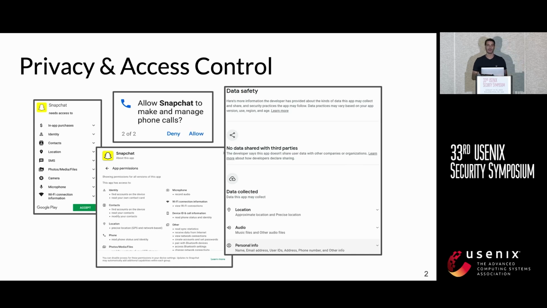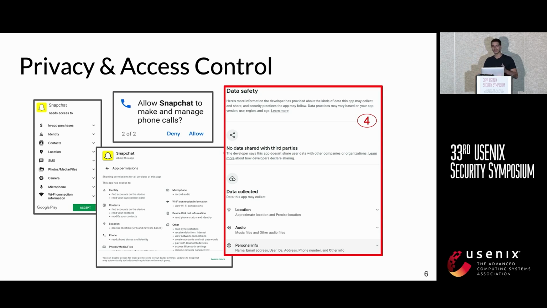Nowadays, the majority of people are using Android devices, so it is crucial to ensure their data privacy and secure access control. The permission mechanism is one way of securing access control, and considerable work has been put into this part. For example, in earlier versions of Android, users had to grant all the permissions at installation time. Later versions enable users to accept or decline the requested permissions at runtime. All these permissions are located in the permission list, and you can easily find it in the Play Store. However, it was really difficult for users, with only the permission system, to identify if their data will be accessed.